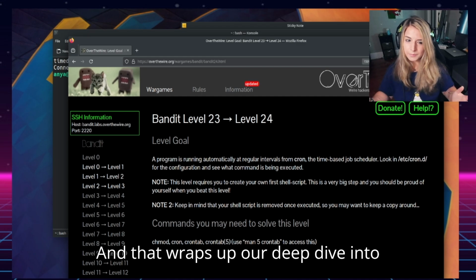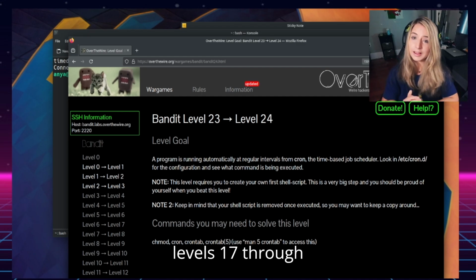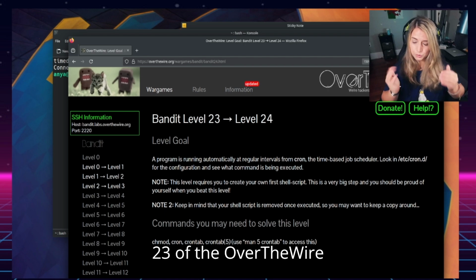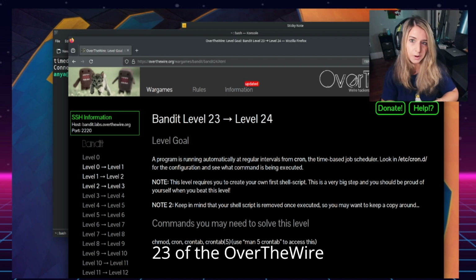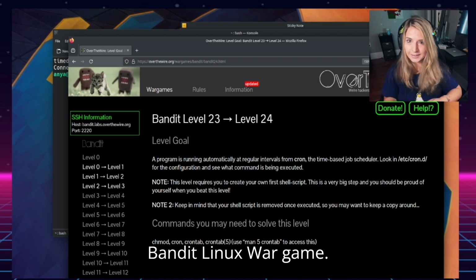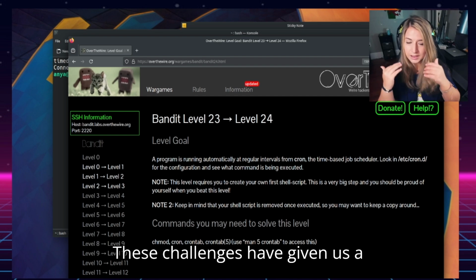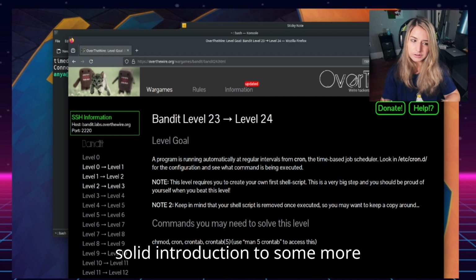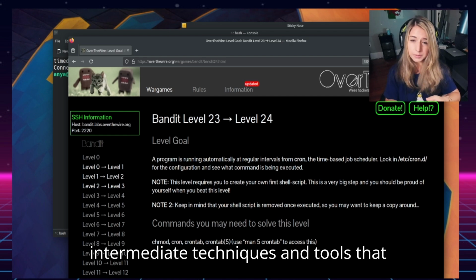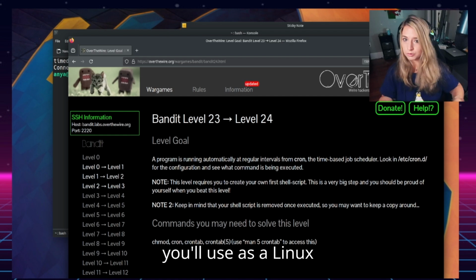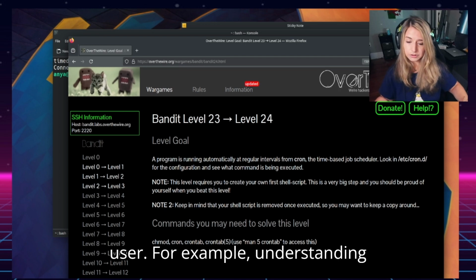And that wraps up our deep dive into levels 17 through 23 of the OverTheWire Bandit Linux war game. These challenges have given us a solid introduction to some more intermediate techniques and tools that you'll use as Linux users.